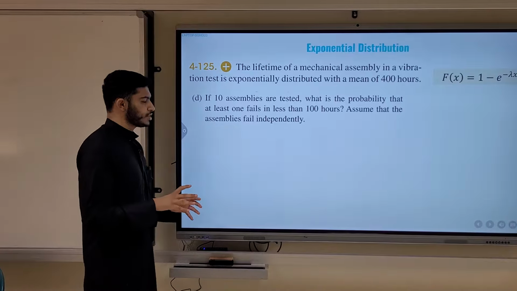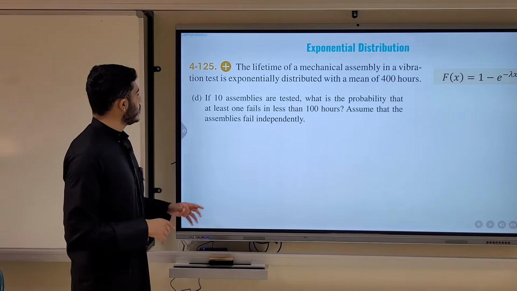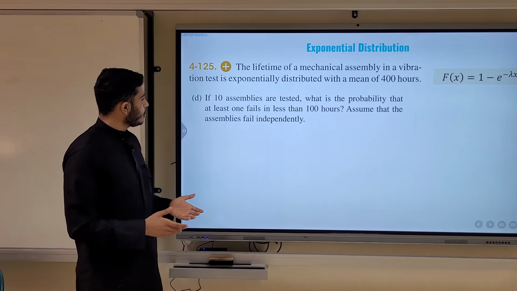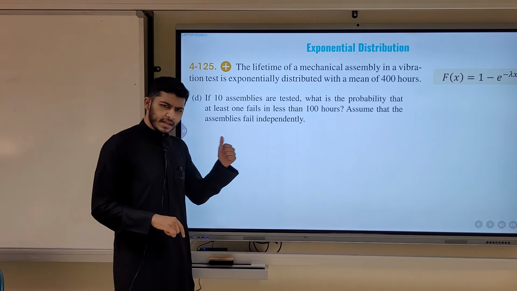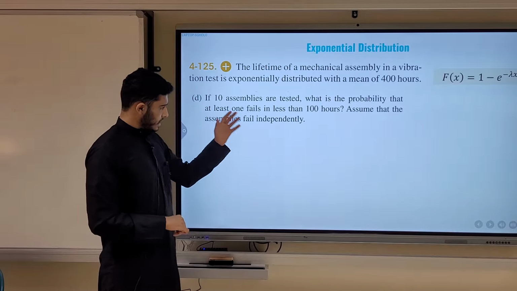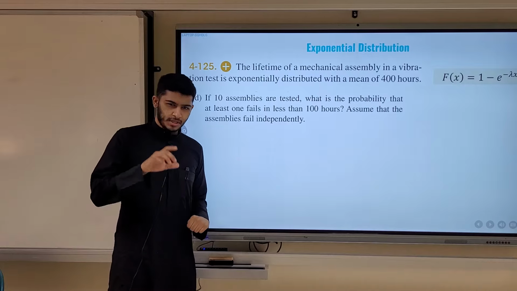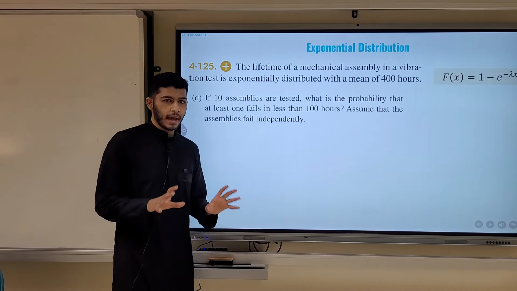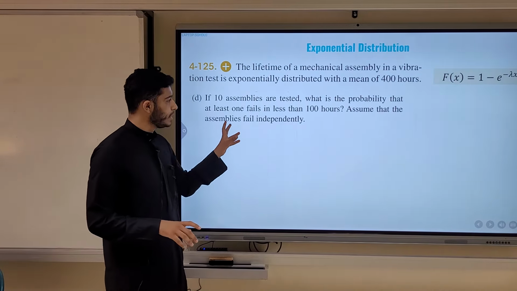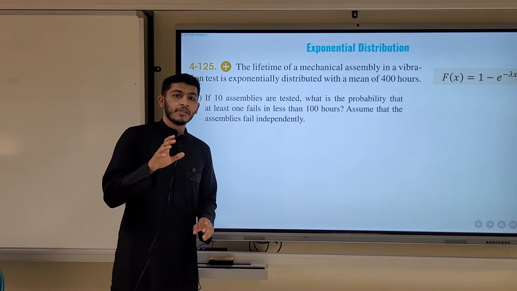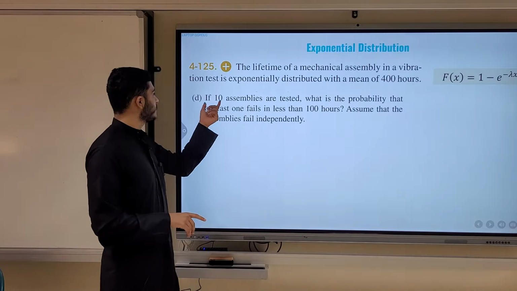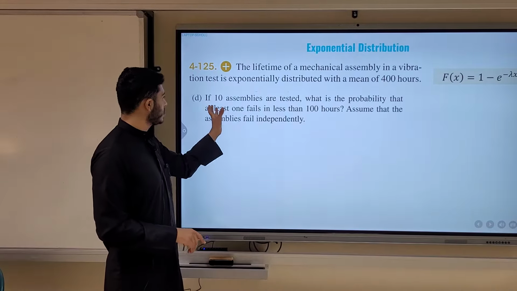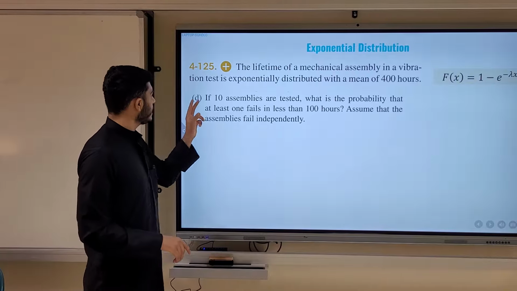Okay, this question is a handful. Let's reread it. We have 10 assemblies being tested here. They are asking for the probability that at least one of these 10 assemblies fails in less than 100 hours. This question has some binomial in it, right? Yeah, actually it does. Part of it is binomial and the other part is exponential. The binomial part is about having 10 assemblies, which is a discrete number of assemblies, and at least one of them